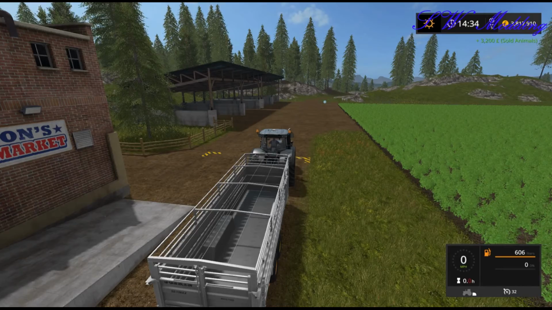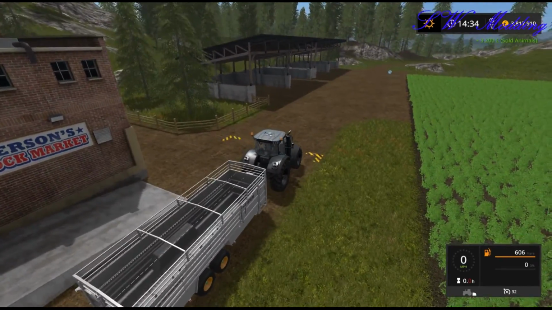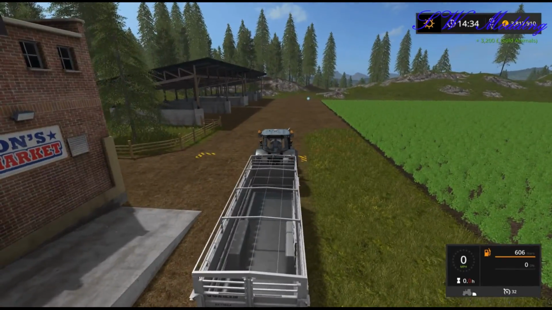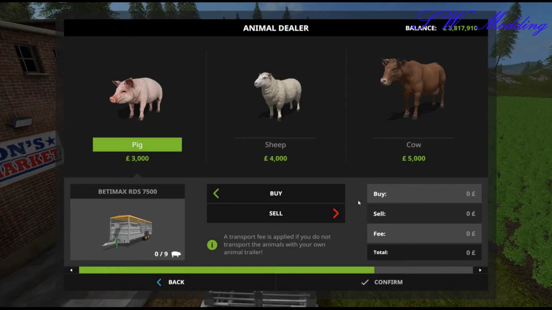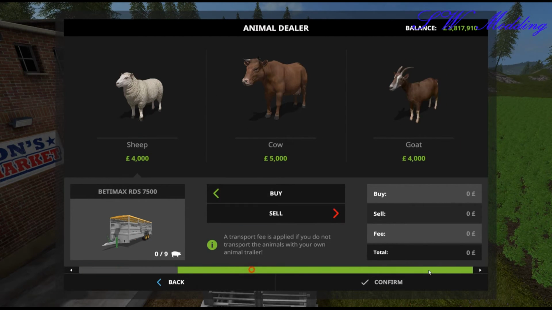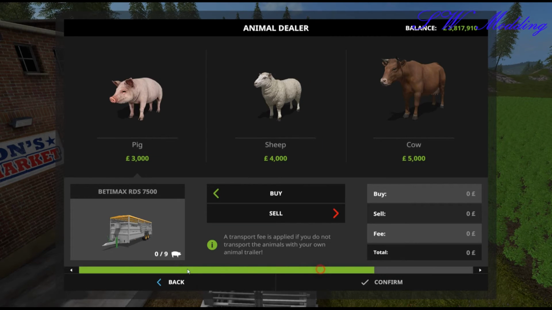Okay, so I've got an empty trailer at the moment. We'll just again go into the actual animal market here, the livestock market, whatever you want to call it. Press the R key, bring up our menu. I obviously tested it with the other animals, and it does work with the pig, sheep and the cows, so that's fine, because it's obviously important, when you're making a modded trailer, that it does work with the vanilla stuff